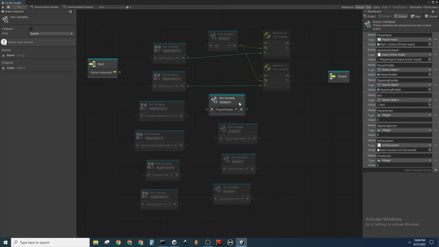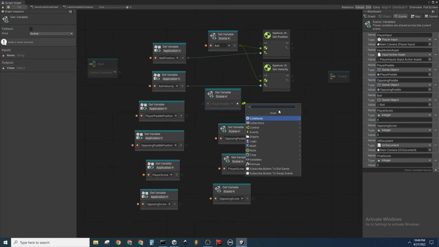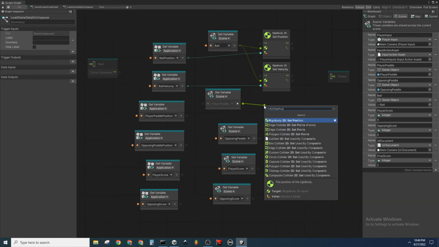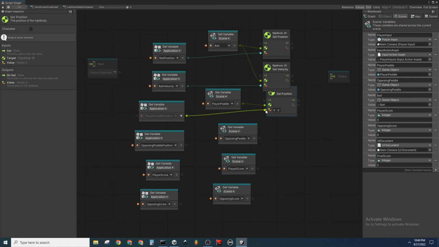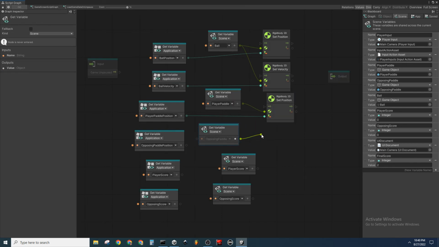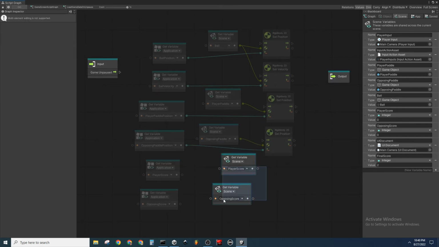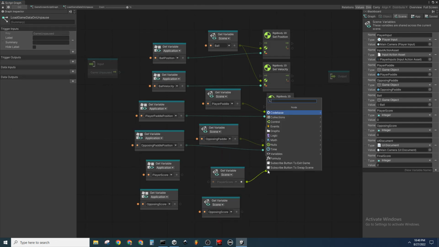So, as you can probably imagine, we do the same thing for the paddles. So we'll grab the nodule, move over, R2D, set position, set it to the player paddle position. Same thing on the opposing paddle, R2D, set position, set the opposing paddle position. And then for the scores, same thing. In this instance, we're going to say,